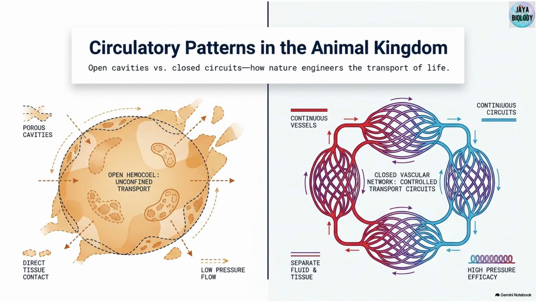So in this video we will be studying two types of circulatory patterns in the animal kingdom, that is open and closed. Now see carefully, open circulatory system is the one in which the blood will be poured by the heart into the cavity, but in the closed it will be passing through the blood vessels. Now see,